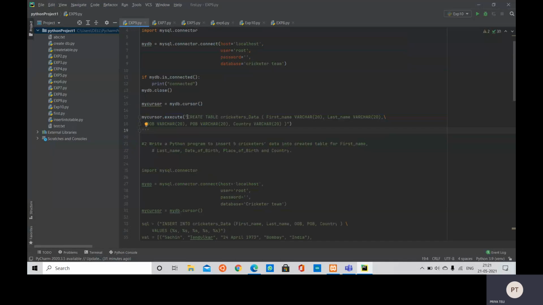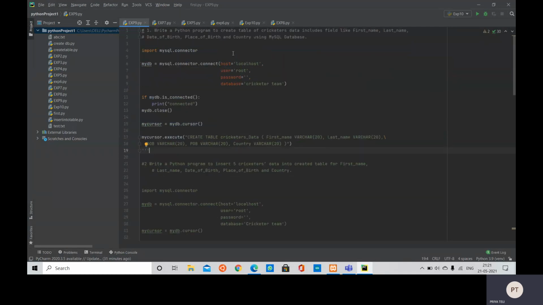For this we are using the command create table, followed by a space, and we will specify the name of the table, say cricketers data, then the columns inside the bracket, say first name, and then its type varchar, max characters inside the bracket 20. In this way we will write the different columns separated by a comma.